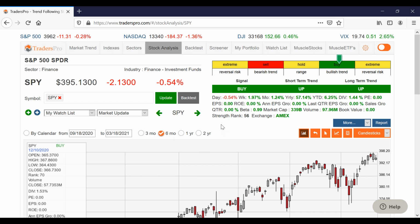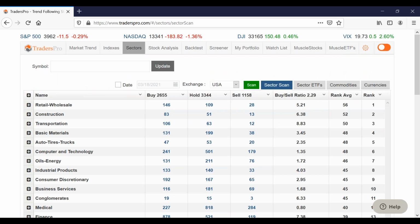But the main focus of today's class, or at least the next couple classes, is going to be on put selling and using selling puts to acquire stocks that you want to own for the longer term. All right, so let's get into some specific stocks here. Under computer and technology,